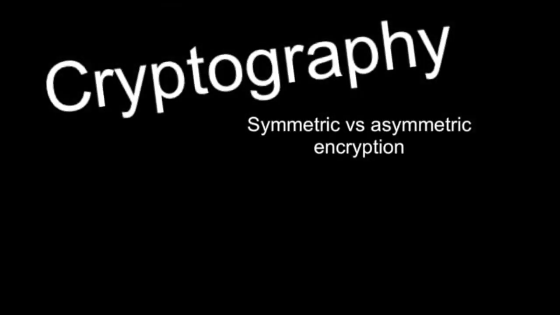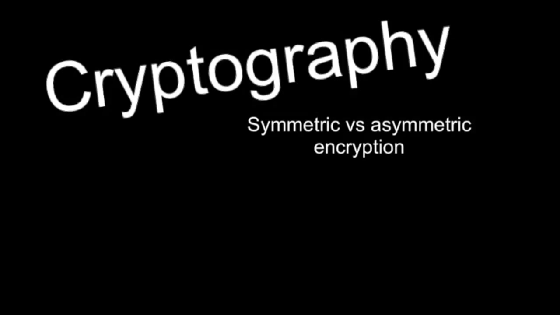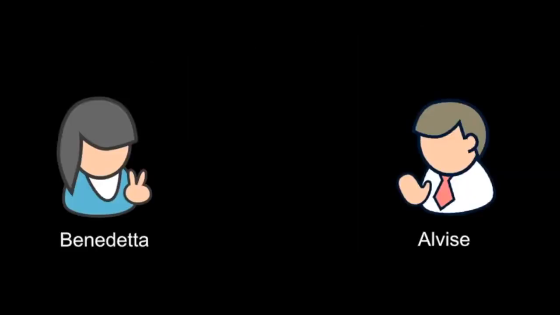So in this video we are looking at cryptography again, but this time we're comparing the difference between symmetric and asymmetric encryption, talking about some of the issues and giving you some examples of this type of encryption, or both types of encryption. So with symmetric encryption, which is like your Caesar cipher,